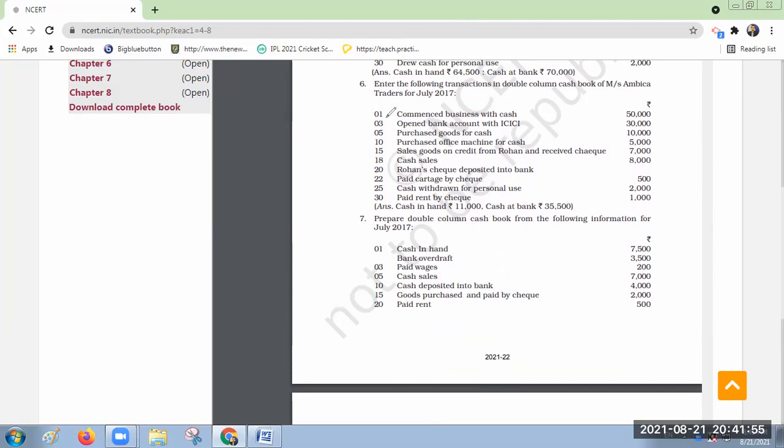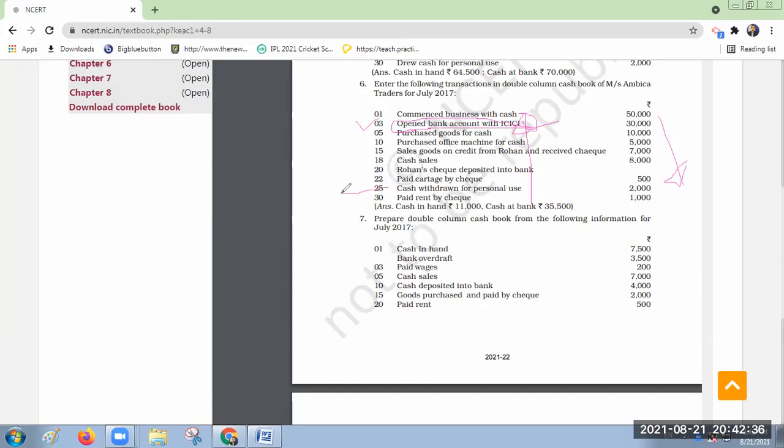On the third date it will be contra entry. Okay. Did you understand? Yes, sir. Okay, this is a contra entry, third date. You deposited money in the bank. Your cash balance will reduce, your bank balance will increase. Yes, sir. No doubt, sir.